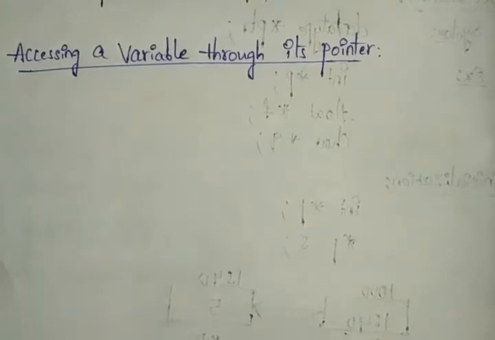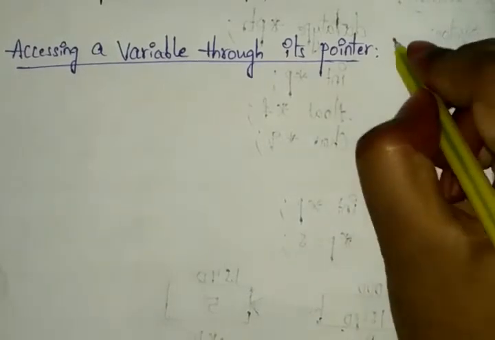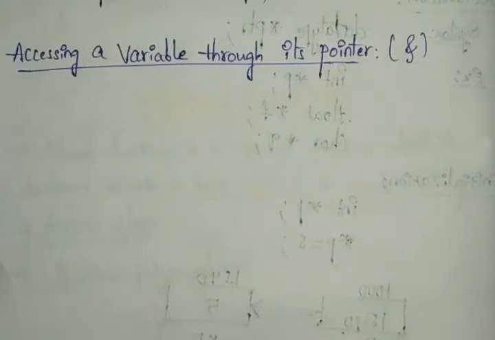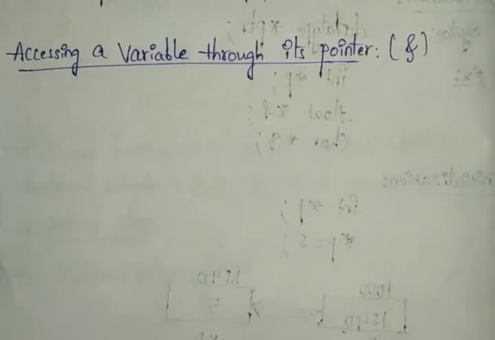And here in our C language, if we need to identify those numbers or those addresses, we can use one symbol, like this, which we call the address of operator. This is the address of operator. If we need to access the variable's address, you can use the address of symbol, the address of operator. Then it returns the address of the associated variable into our program.